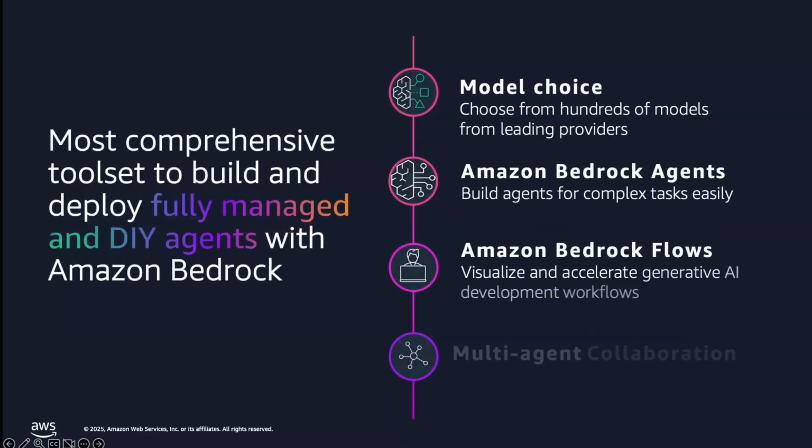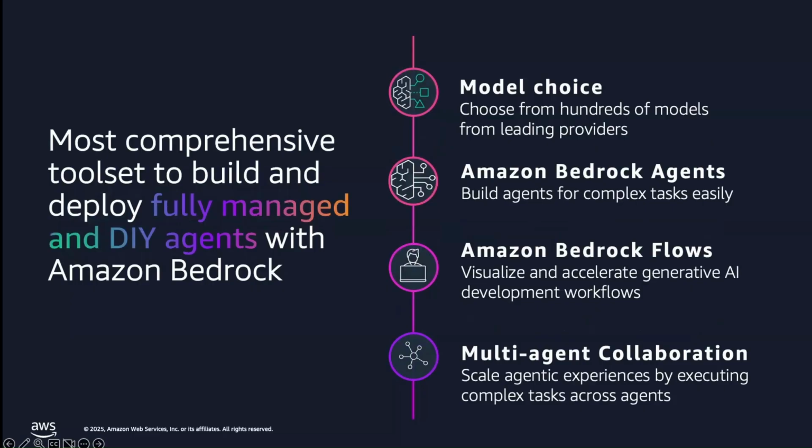Then, if you go one layer down, where you have fully managed or DIY agents, that's where you can leverage a service like Amazon Bedrock, where there is each layer in which you can make different decisions, right? You can choose from the hundreds of models that we have available, be it Amazon's own Nova models, be it Anthropic models, we have Llama as well, and the various variety of models that you could choose from.